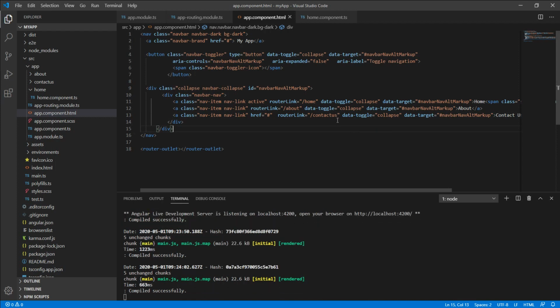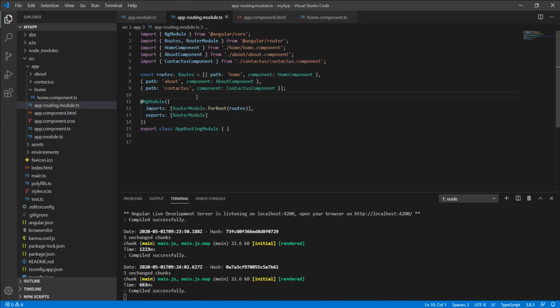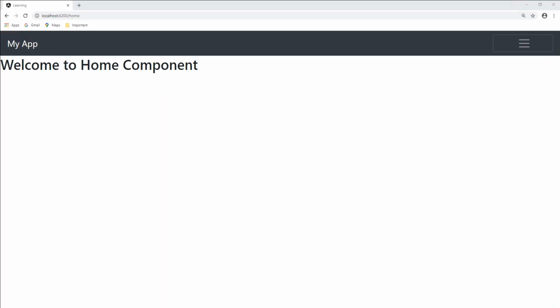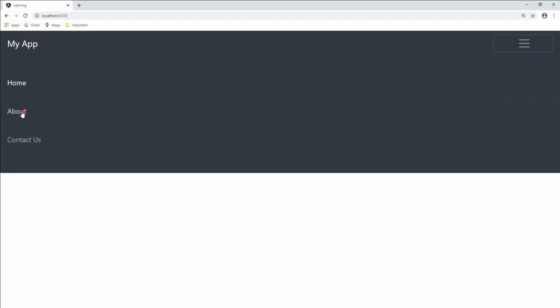Okay guys, but here one thing we should note: the path which you are mentioning in the routing module has to be similar to what we are providing in the router link. If you have given a wrong spelling, like any mistake, a wrong name, that page will not open. Okay, and also one more thing, we can make any page a default also. We'll do that just after this. Okay, so we can check.